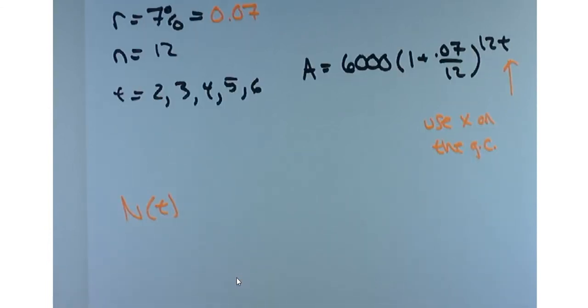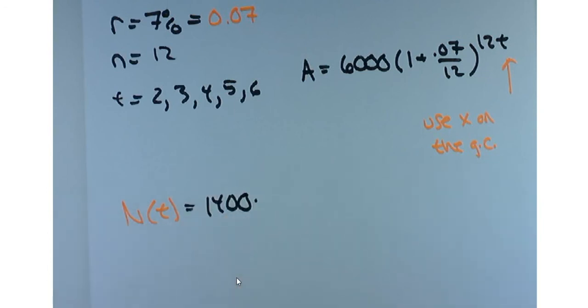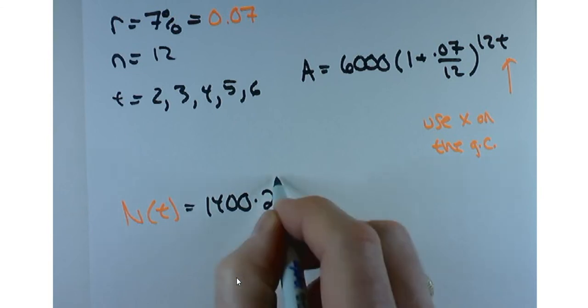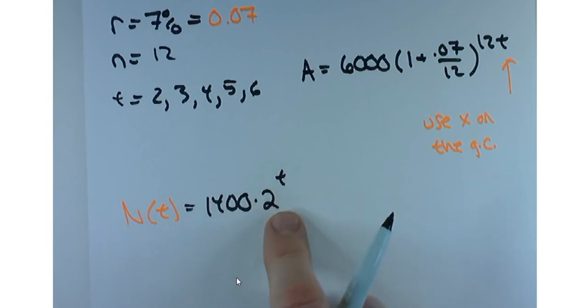It's going to be 1,400, which is our initial population, times 2 to the t. So when t is 1, it doubles. When t is 2, it's doubled again. And t is 3, 4, etc. So this actually grows really, really quickly. And for giggles, let you pick a number. Number of hours in a day that you want to let this culture grow. Now, of course, that's assuming that it has unlimited resources and can grow unfettered, but let's just go with it.